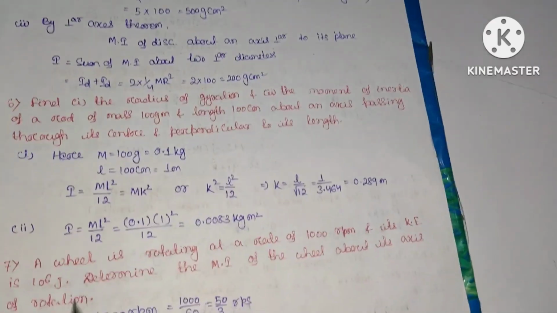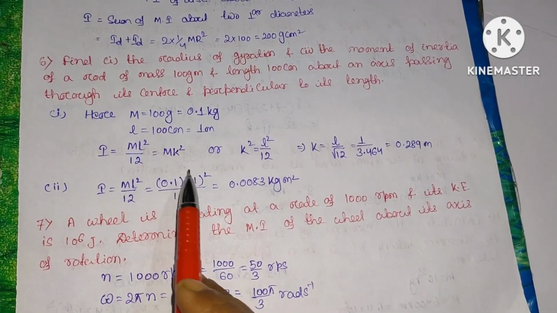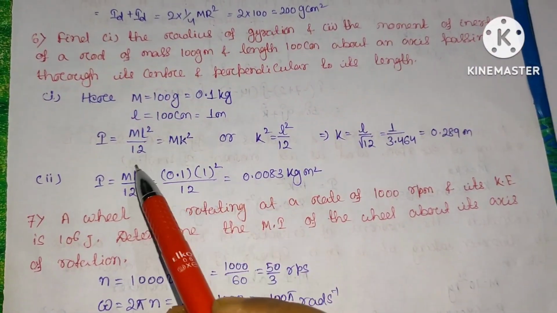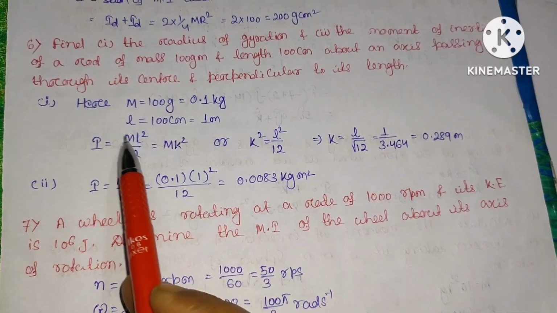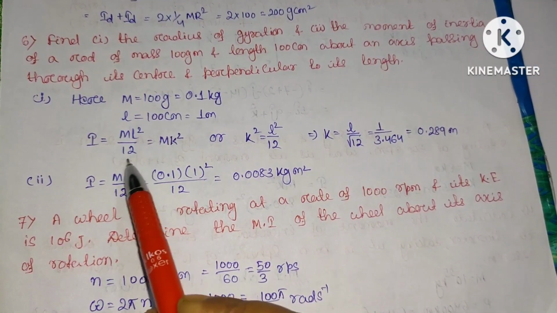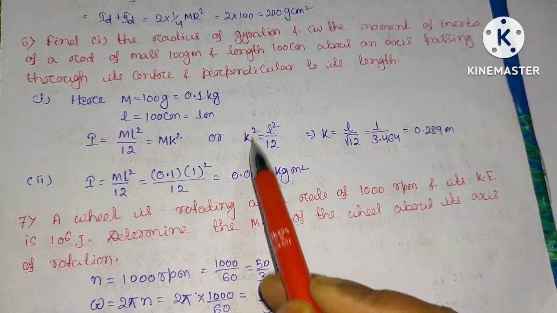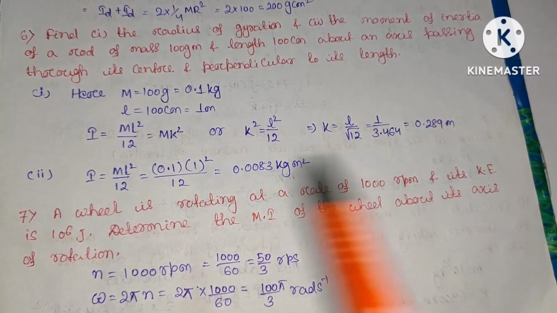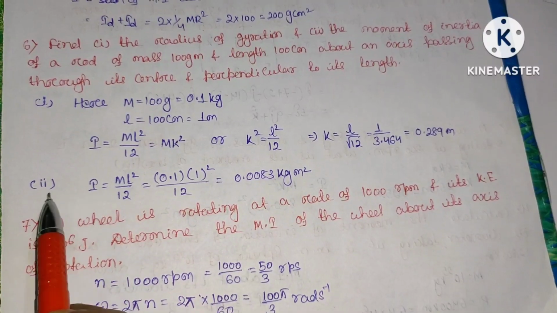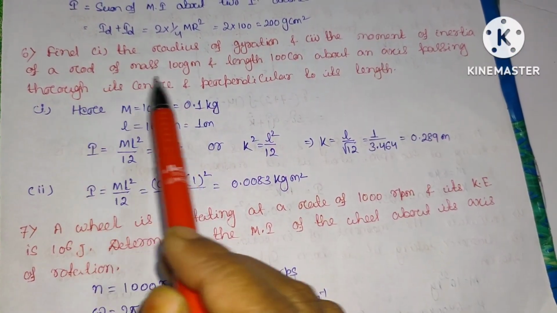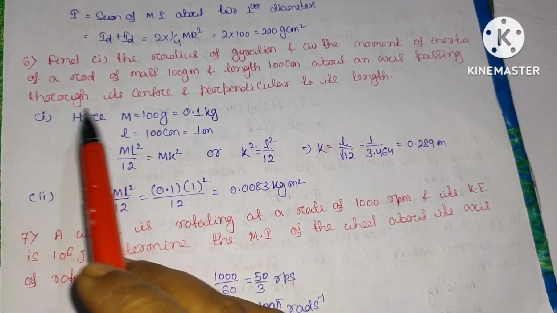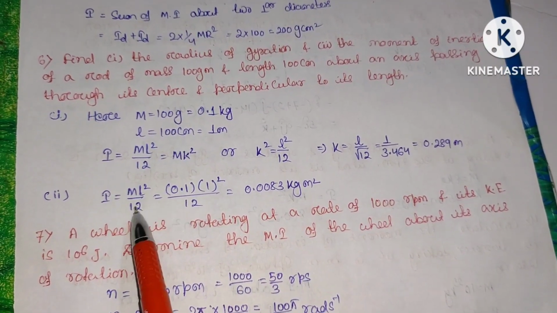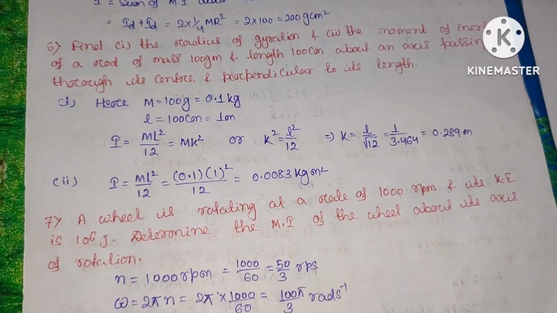So here, moment of inertia I equal to ml square by 12, that is mk square, or we can say that for the rod ml square by 12, or that is I equal to mk square, so by cancelling m we will get k square will be equal to l square by 12, or by taking the square root of both sides, k will be L by root 12. So since L is 1 meter. So next question is, if the moment of inertia of the rod, that is I equal to ml square by 2. So simply putting all these values, we will get this.